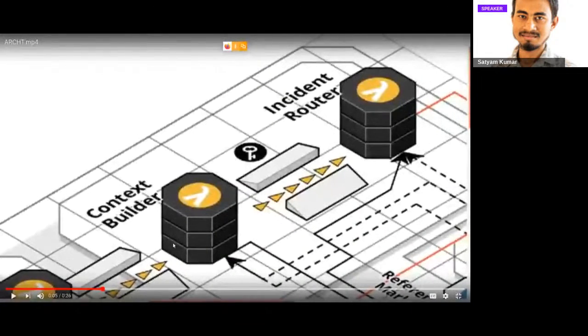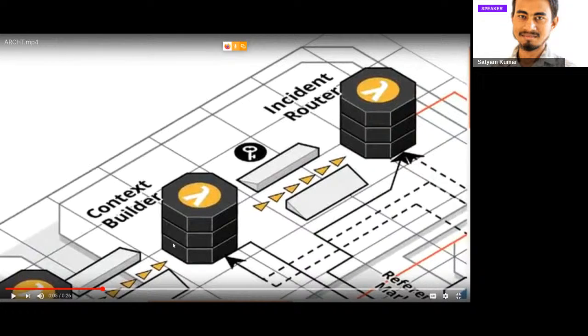That task is performed by the context builder itself. What it does is convert the alerts which it receives from the outer world into a particular unified format, and store it in a local DB. That local DB will be accessed by all our services.